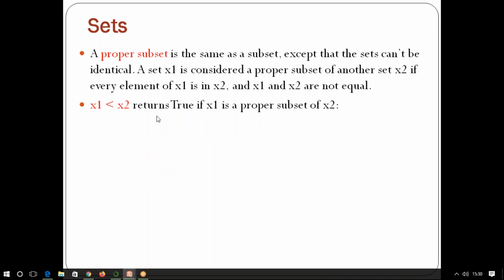Next, proper subset. Proper subset is nothing but a subset, and let x1 and x2 be two sets, where we are going to call x1 a proper subset of x2 if x1 is a subset but not